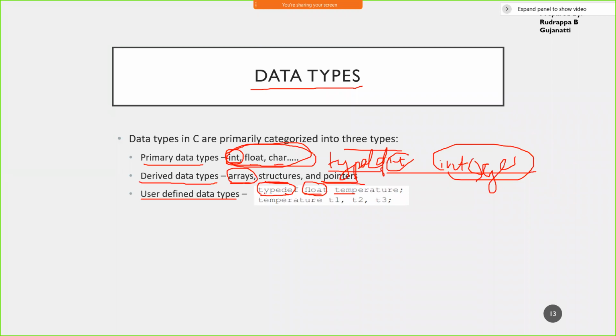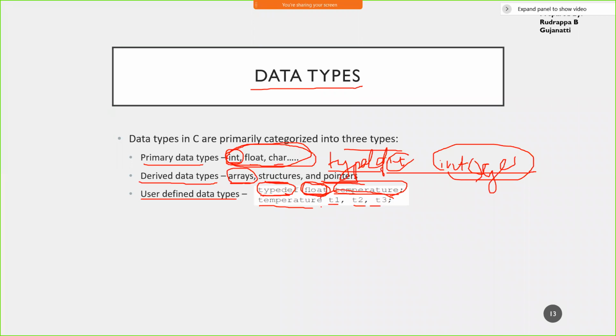So here, what does this do? You have typedef float. Float is a primary data type, and what you're doing is giving it the name temperature. So you can use temperature as a keyword instead of float. Then you're declaring the variables T1, T2, T3.